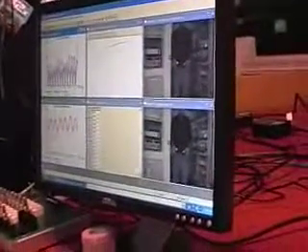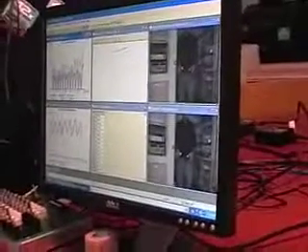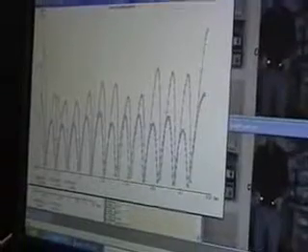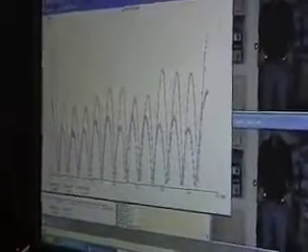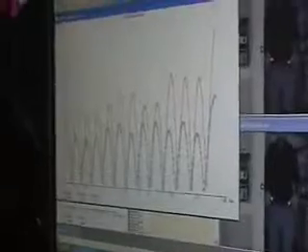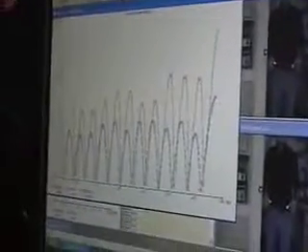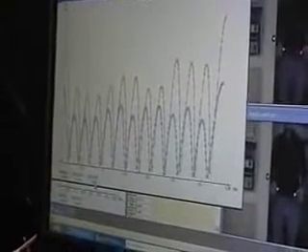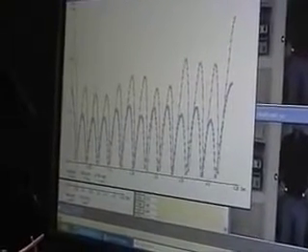Now, one outstanding thing I see right away is that I was moving my point number 1, which was the left hand, faster than I was moving number 2. All right. So let's make this a little bigger, and we'll analyze it. I want to know exactly how fast I was going at each of these points. So I could place the line right there, and I can see that at that point, point number 2, which was the right, was moving at 4.29 inches per second, and at the peak right